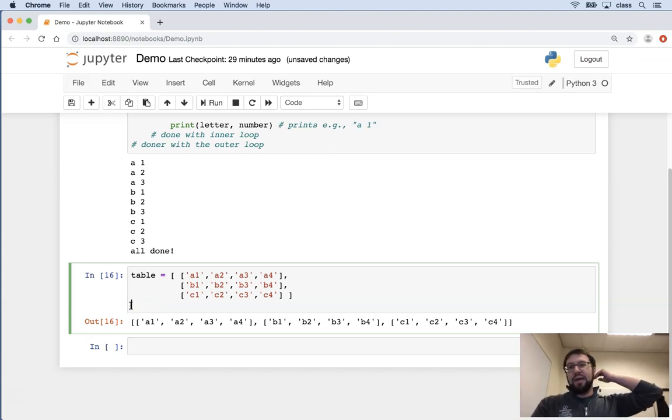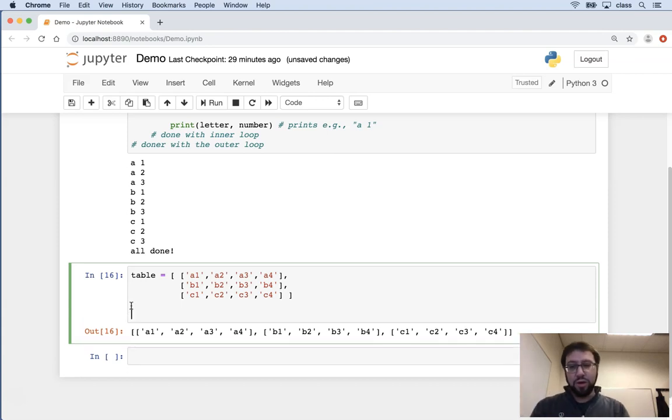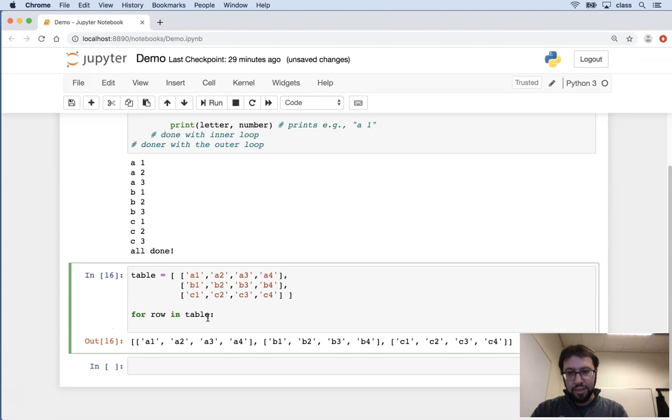Okay. So if I want to then loop through this table, if I want to print out every value from this table, or consider every individual value, what I would need to do is say, okay, great, I've got this outer loop, I've got this set of rows, so I actually need to loop through those rows. So what I might do is go through each row in my table, and then